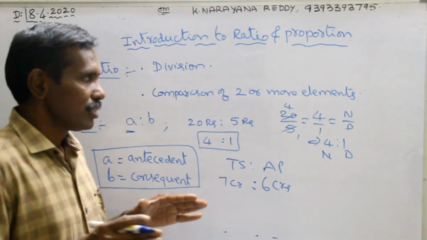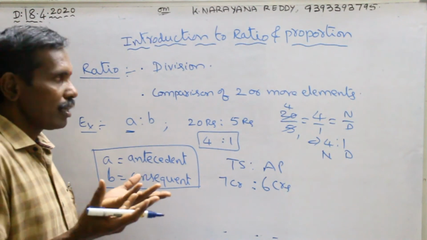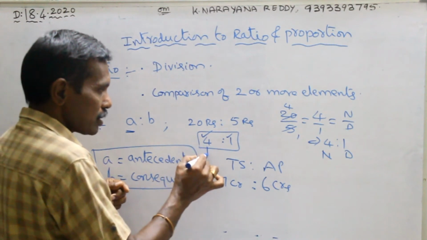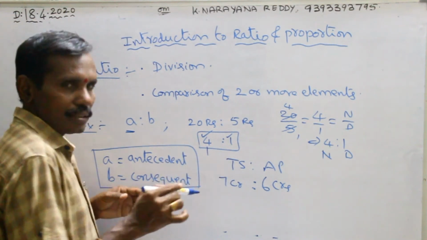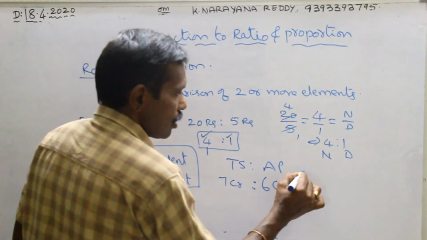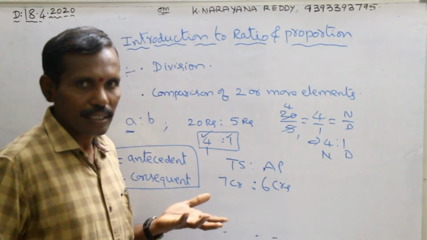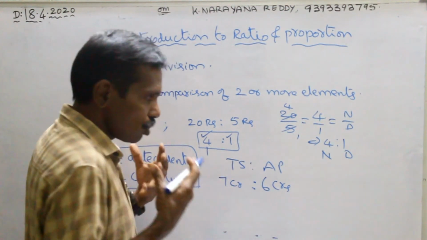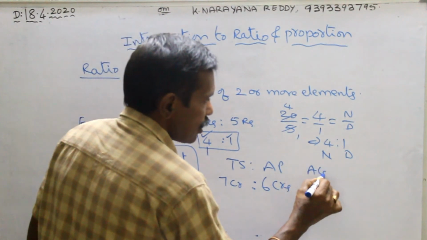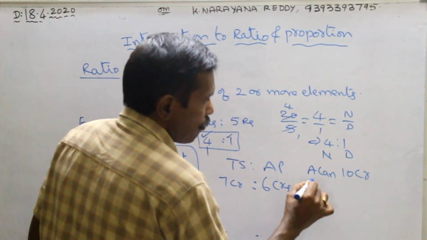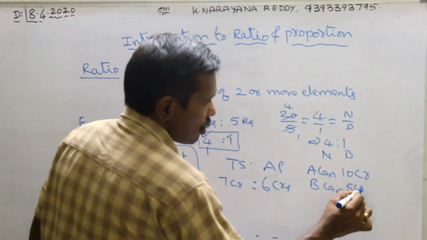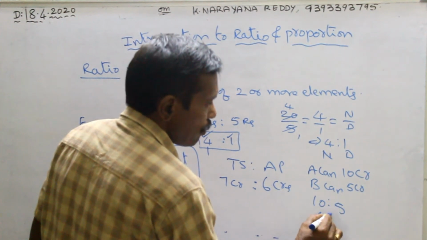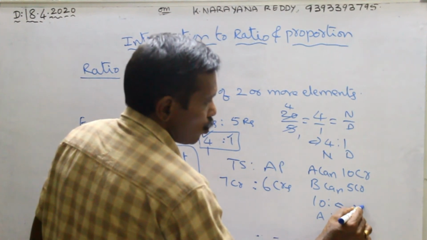Yes or not? So proportion means what? Proportion means suppose this is 4, this is 1. This is proportionate. This is 4 parts, this is 1 part. Some persons invest in a company, some big organization, some factory, some industry, in some business. So those persons invest, A can invest some 10 crore, B can invest some 5 crore. So what is the comparison? So 10 is to 5. That is A is to B. It's nothing but 2 is to 1.